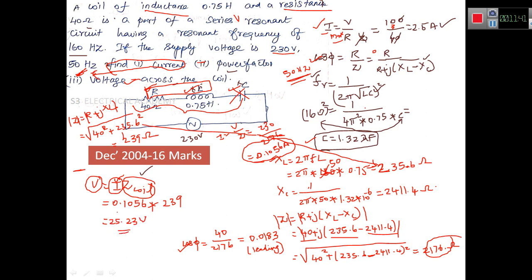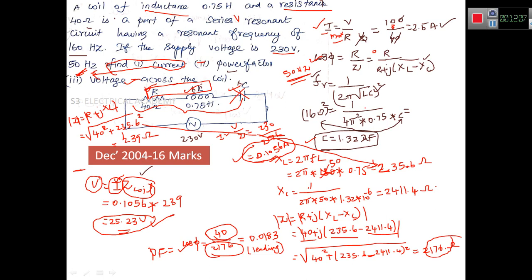Using a calculator, we can easily determine the voltage across the coil, the current through the coil, the current through the RLC circuit, as well as the power factor of the circuit. Power factor is equal to cos phi, which is equal to R by Z. Z is equal to R plus JXL minus JXC. So to avoid the J operator, just take the magnitude on both the left side as well as the right side.